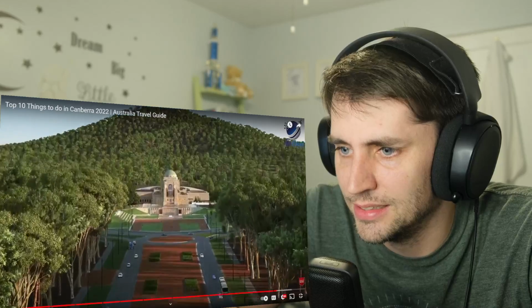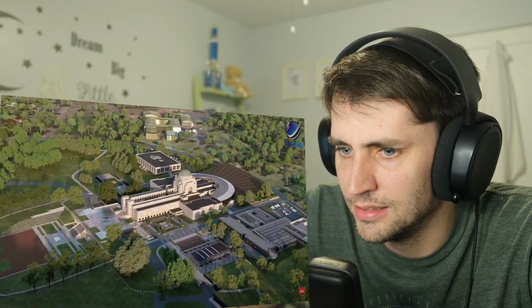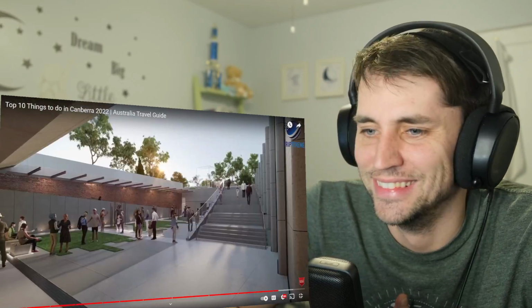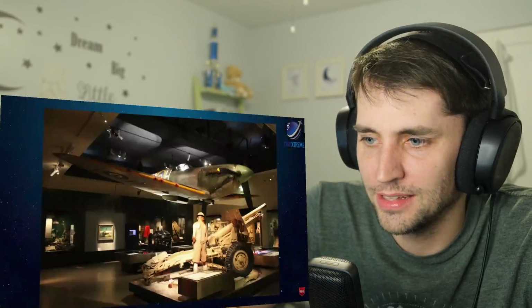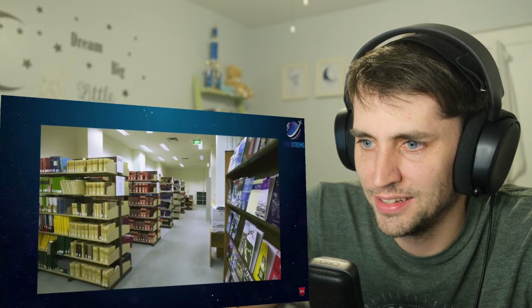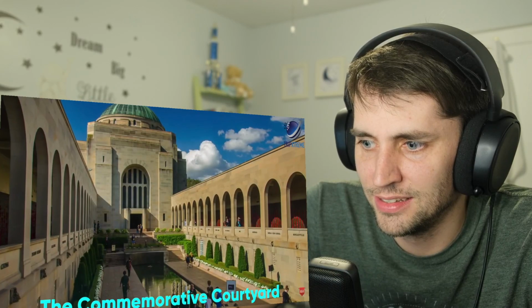Inaugurated in the middle of World War II, the massive Byzantine-style monument commemorates Australia's war fatalities. But it's more than just a war memorial. The site combines an excellent museum, archives, art gallery and library. The commemorative courtyard at the entrance to the memorial...